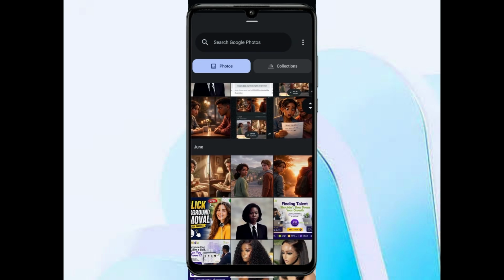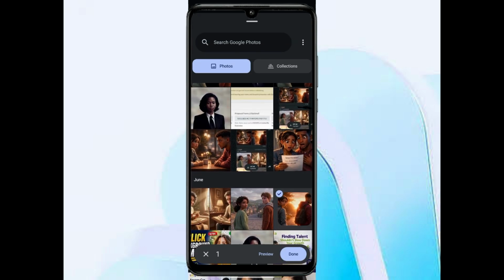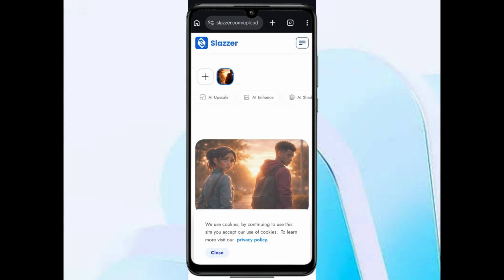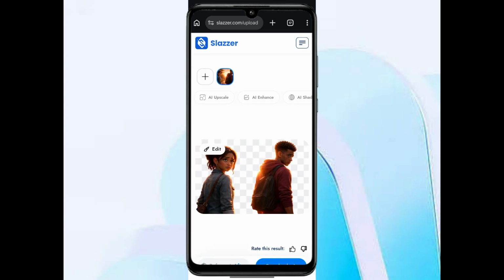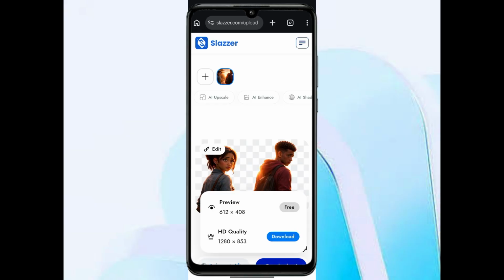Look for another image. Okay, let's try this. You can see the background is gone. What you just need to do, you can see the before and after here. That's before, that's after. What you need to do, you can see this one still gives you the free download